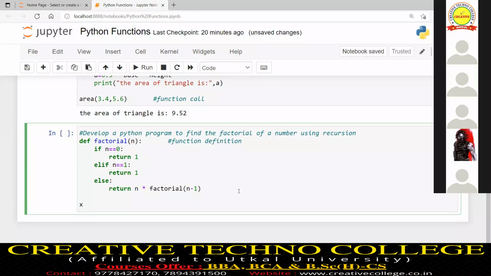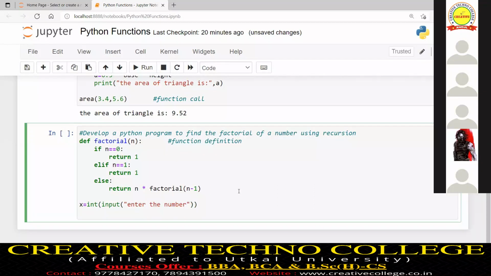Suppose I will take a variable x, because my requirement is I will give the input value through the keyboard, through the input device. So I will write input function, enter the number. Regarding this line, already I have given the clarity.